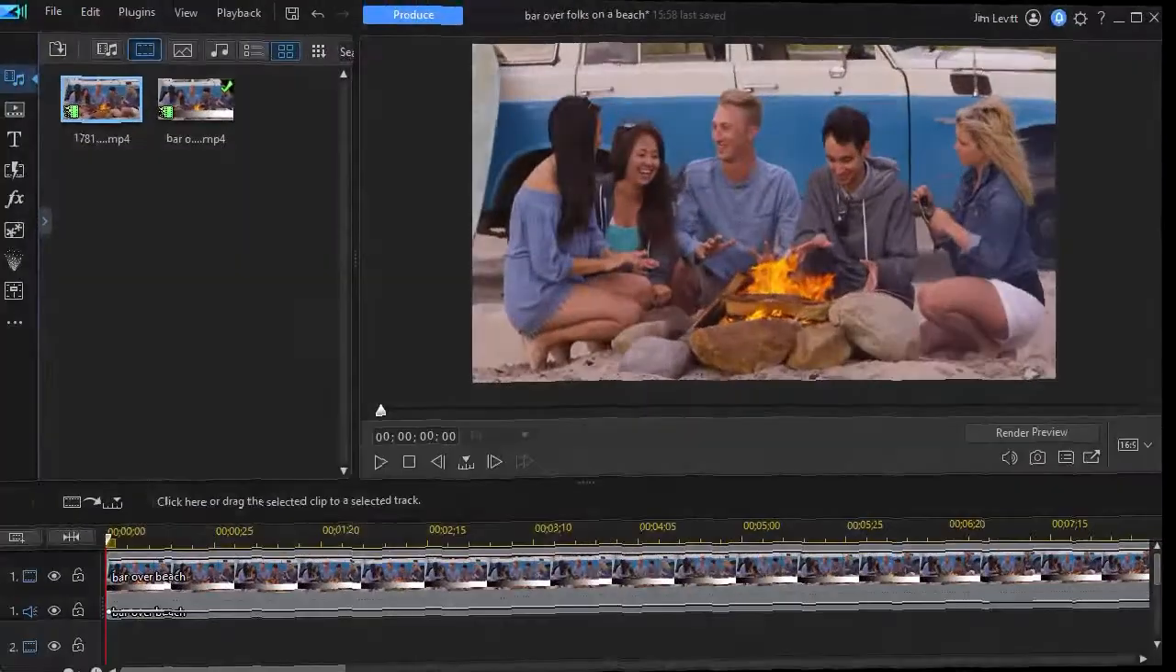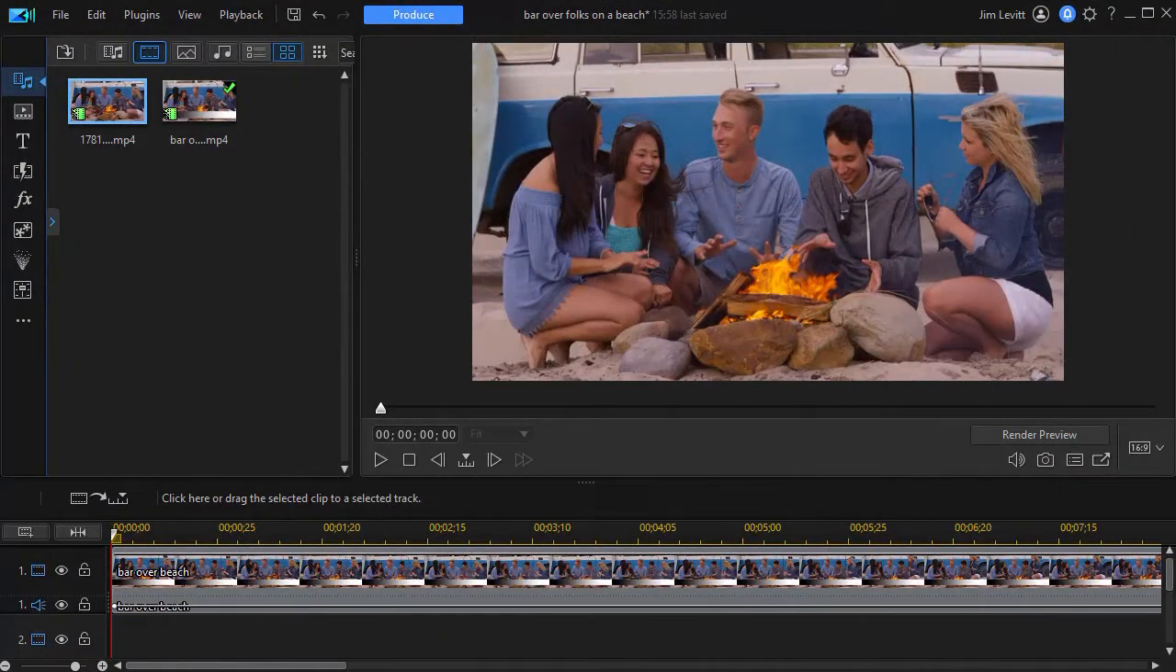In this tutorial in CyberLink PowerDirector, I'd like to give you some tips on modifying the highlights and shadows of your video by using the split toning tool. The split toning tool is one that is a little bit hard to understand, so I've done something special that